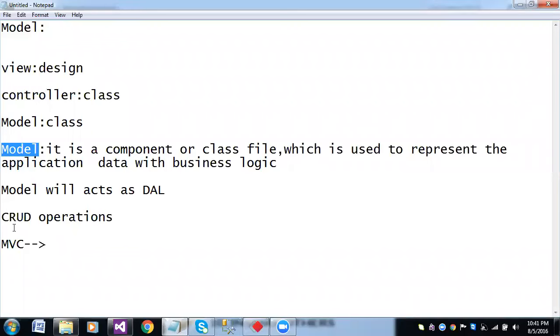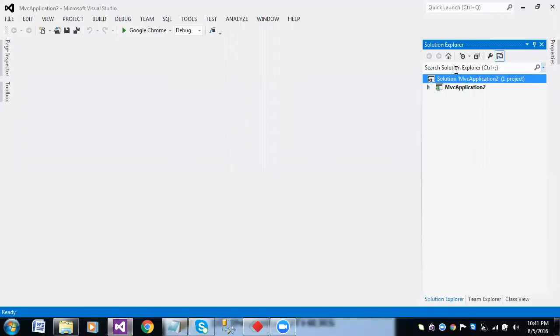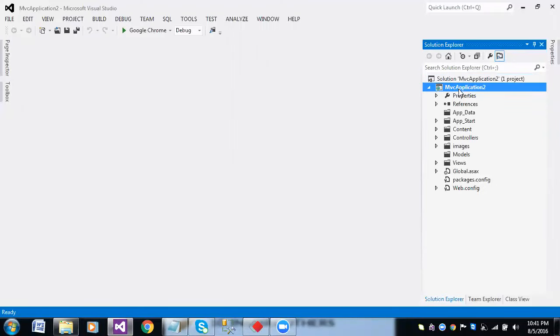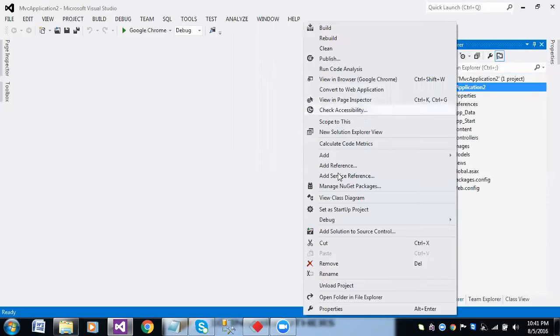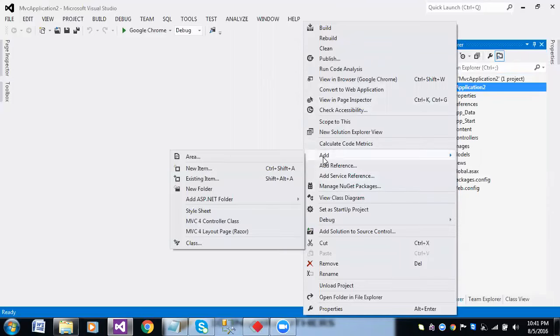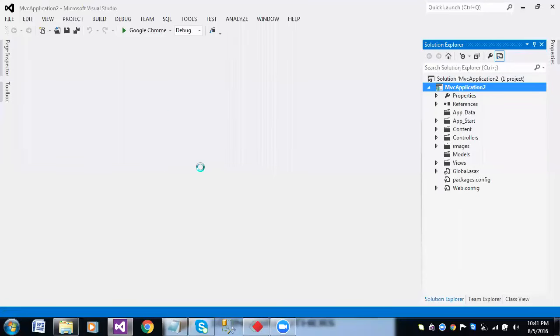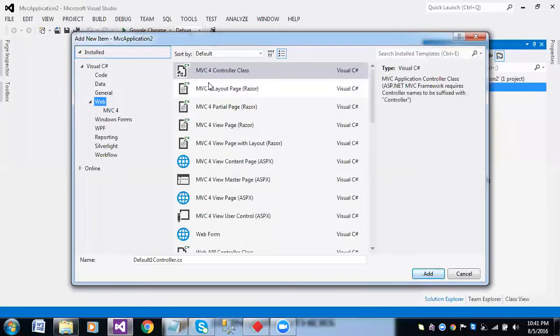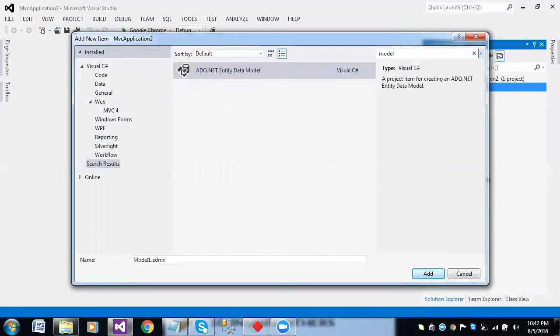And this model, we can have here in this MVC application. There, right click, add one more new item. There we can select, like we have class files, and this class file we can say model. And here this is ADO.NET entity data model. This ADO.NET entity data model means